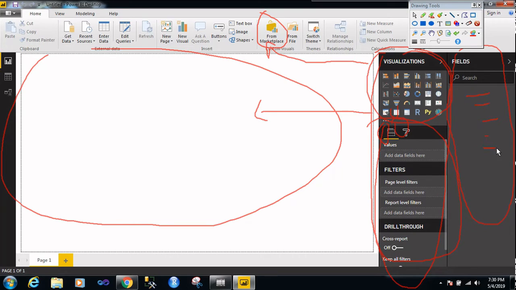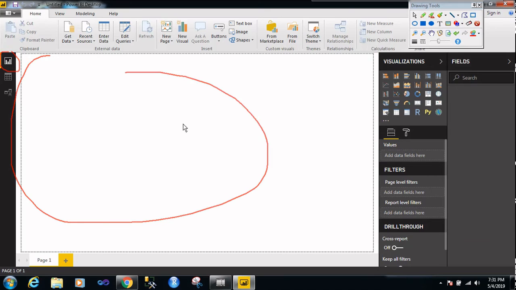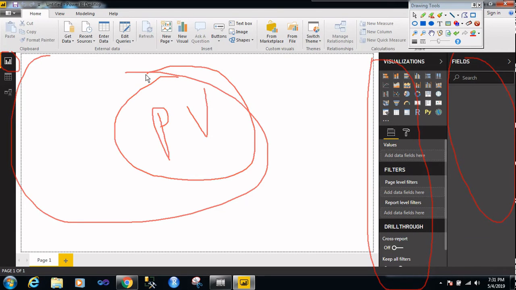The collection of the report pane, visualizations tab, and fields tab is known as Power View. I think you are clear with Power View.